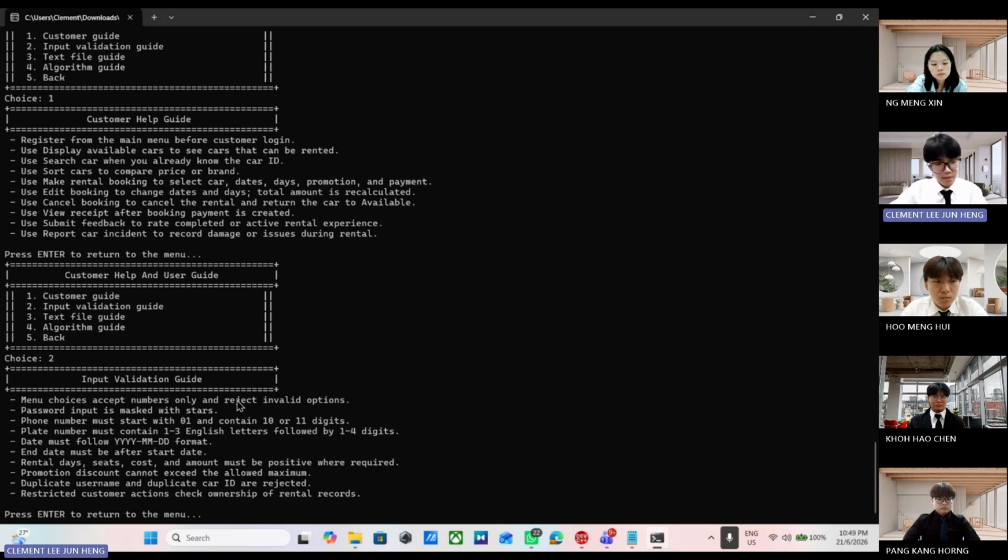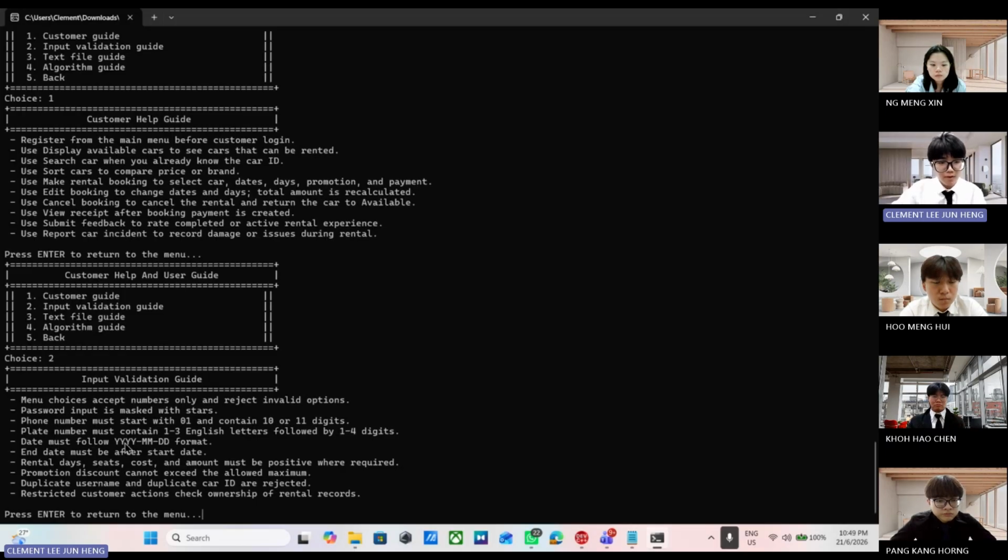So for the first one is menu choices, accept number only, and reject invalid options. Password input is masked with stars. Phone number must start with 01 and contain 10 or 11 digits. Plate number must contain 1 to 3 English letters followed by 1 to 4 digits.